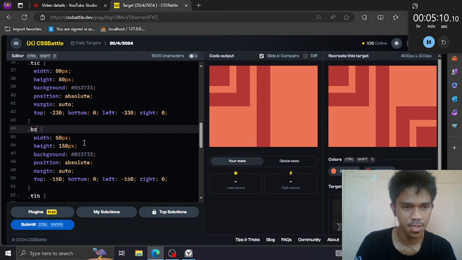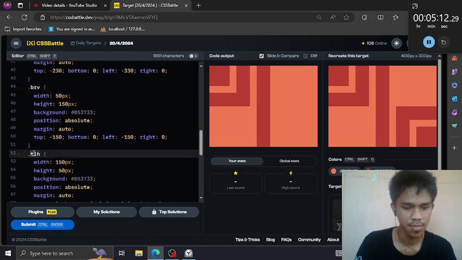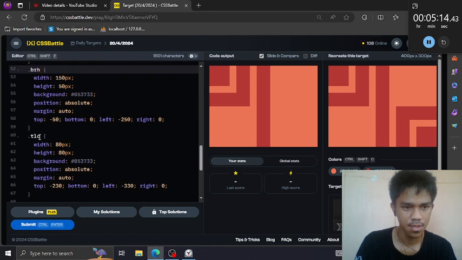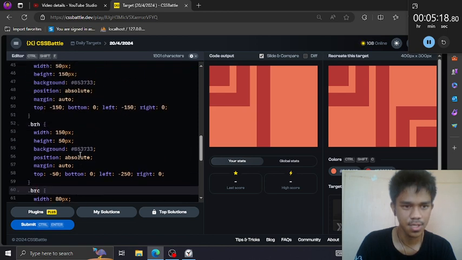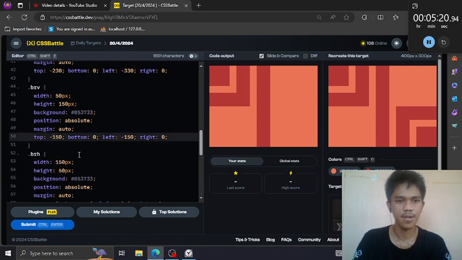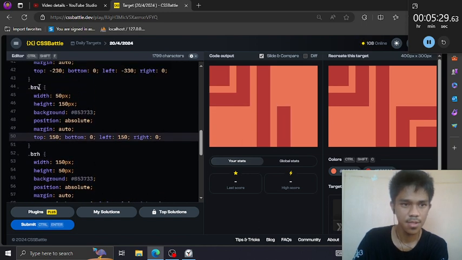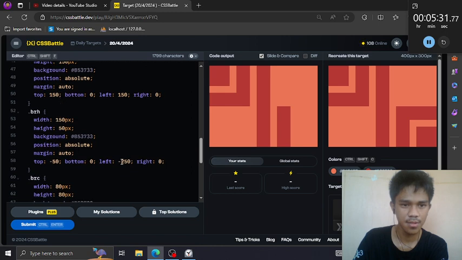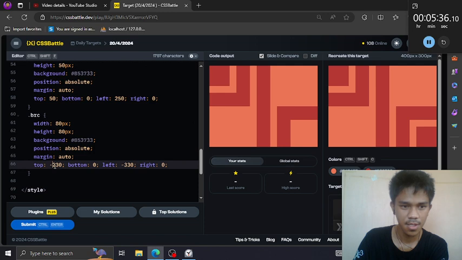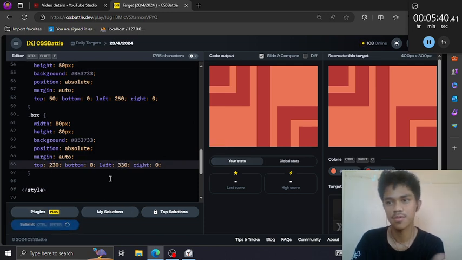Bottom right vertical. Bottom right horizontal. Bottom right. Just like that. And flip the values. It still stays vertical though, from negative to positive. There you go.